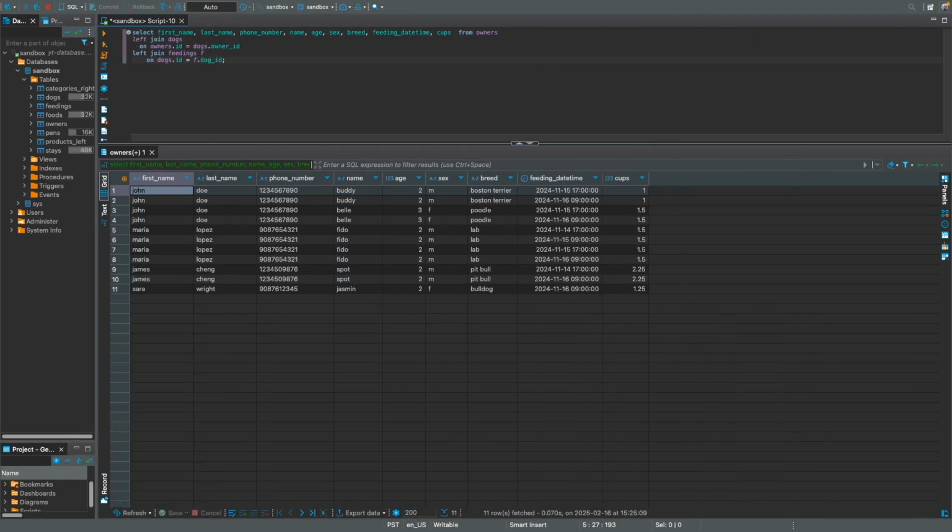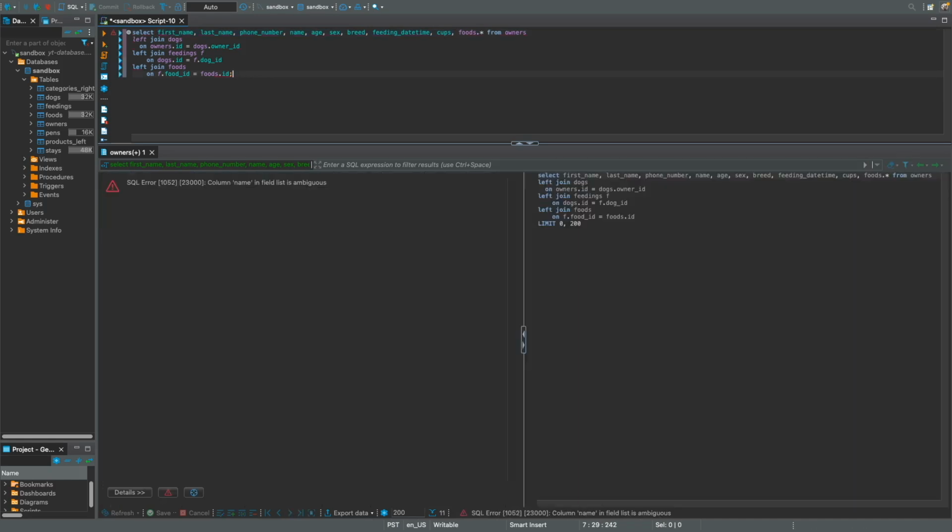And I'm going to just, as usual, paste this in here so we don't have any typing errors. And you'll see the same thing. We kept those records from the last one here, but we've added the foods dot asterisk, which is going to give us all the records from that table. And you're going to see something here. All right, we got an error. Column name in field list is ambiguous. You're going to see this sometimes